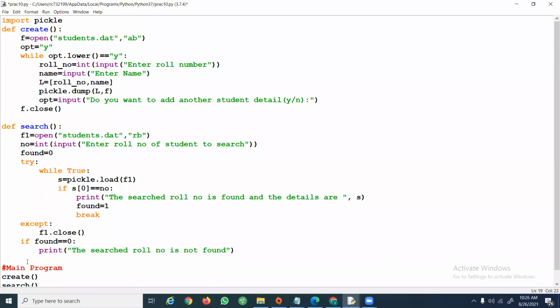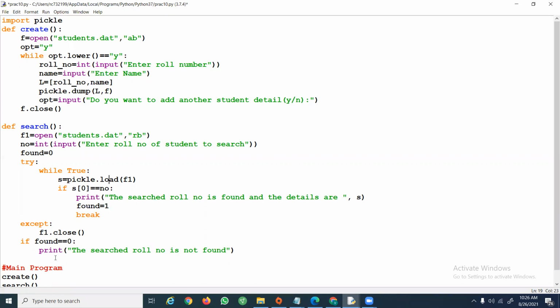To say that, I'm checking the condition. I set found equal to 1 only if the roll number is present. So if found is equal to 0, it means you have searched the complete file, but the number was not found.